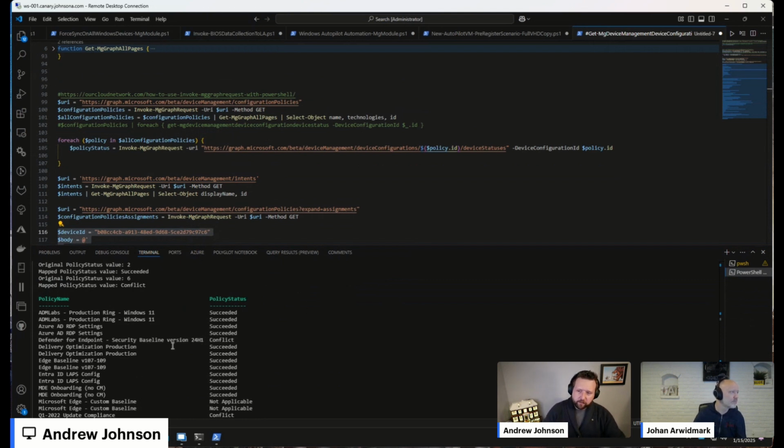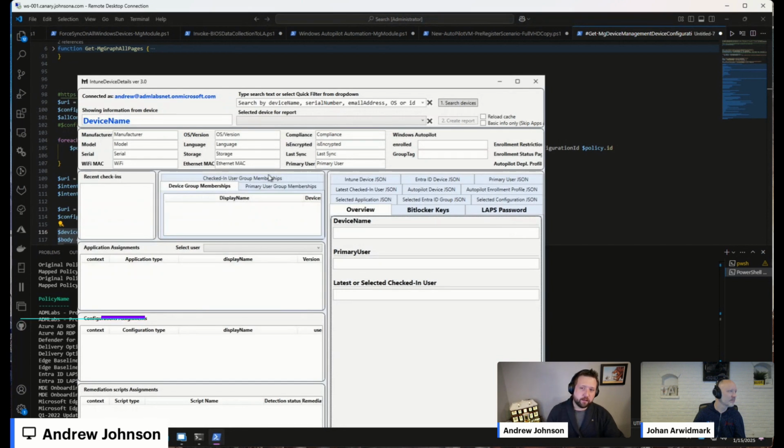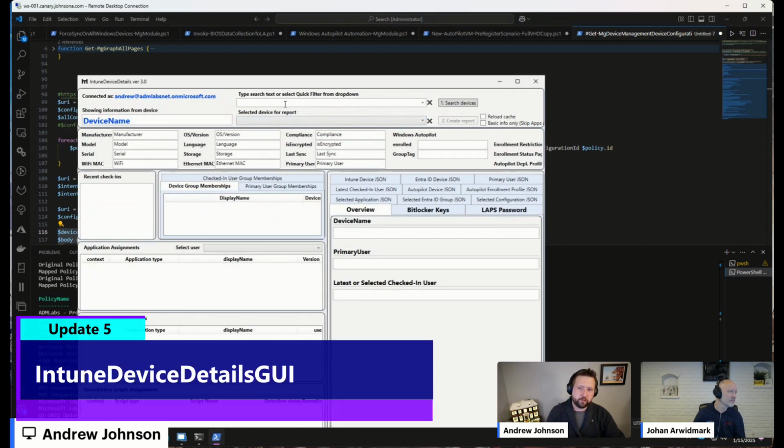So still working on this. I hope to have it done by next week. This has been actually quite a fun and albeit challenging exercise. But I wanted to point out that Graph X-Ray is a very useful tool for this, as well as Petri's tool, the IntuneDeviceDetailsGUI. I did take a little bit of inspiration from this tool because if we actually